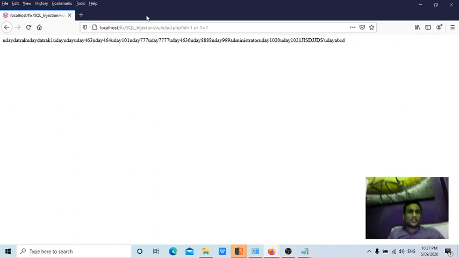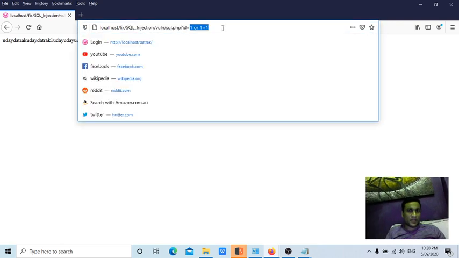Now let's say there is a firewall implemented and it is behind Cloudflare. They have an intrusion detection system, they have whitelisting validation, they have blacklisting validation. Still, if they have not implemented any prepared statements with bind parameters in the back end, the SQL injection can still be possible. How, guys?